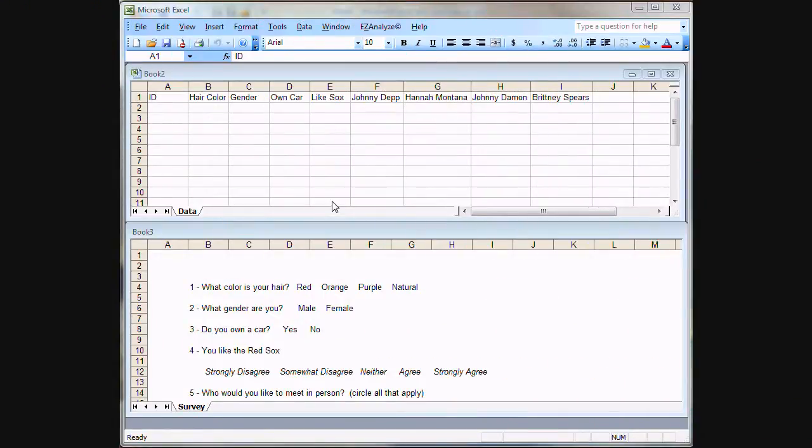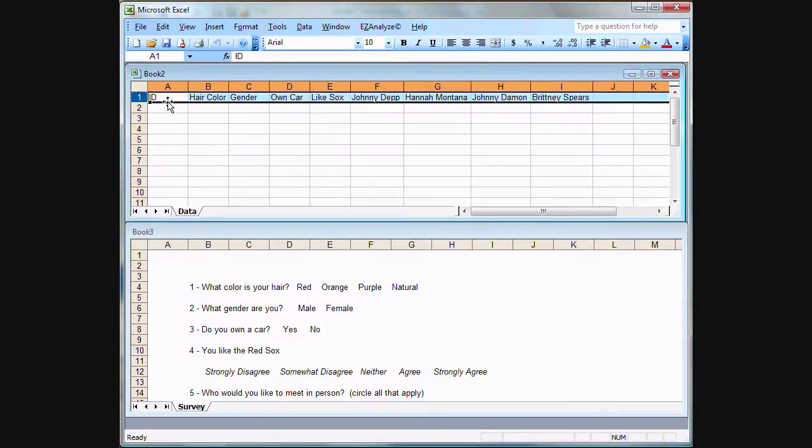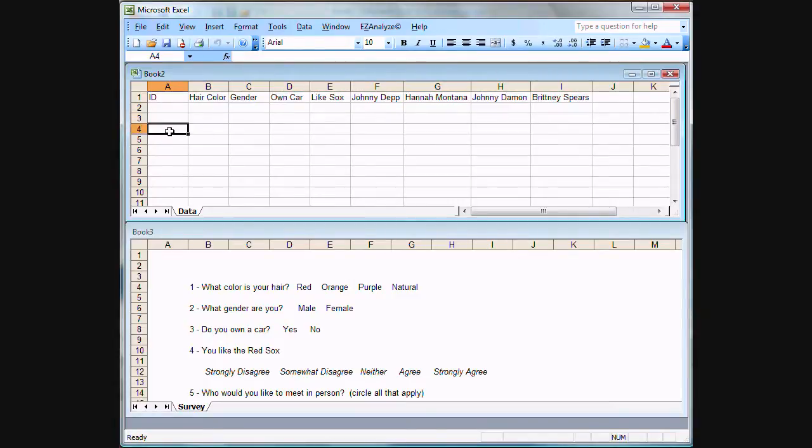In order for EZAnalyze to help you analyze your data quickly and efficiently, the data needs to be set up in a certain way, pretty much like a database format, which is pretty common in the business world. Basically, the data needs to be set up such that your first row contains your variable names, and then each row below that contains one person's data, or one respondent's data if you're